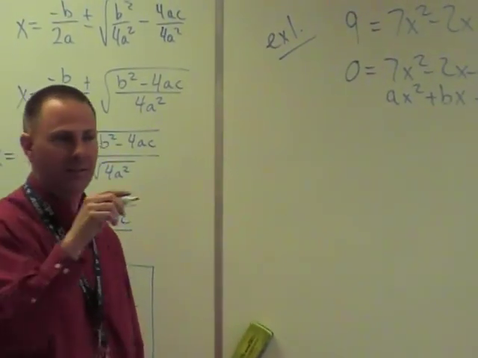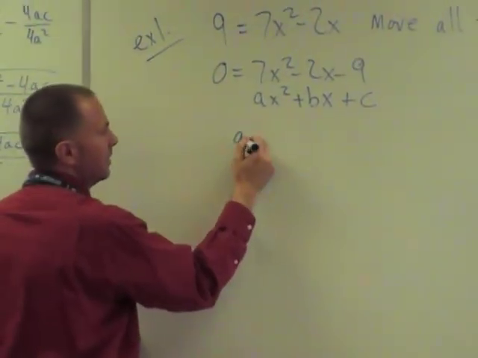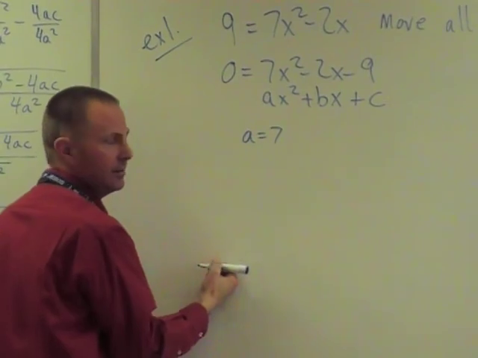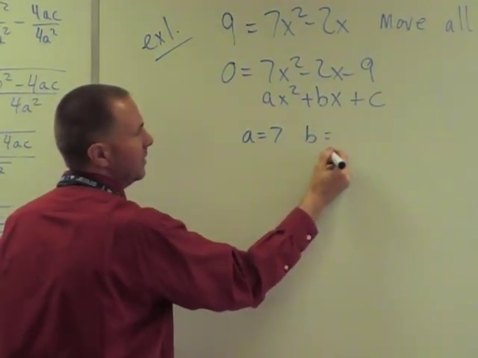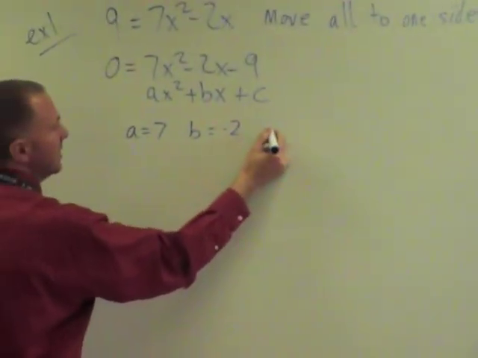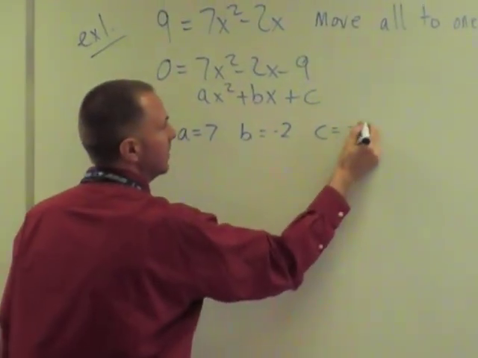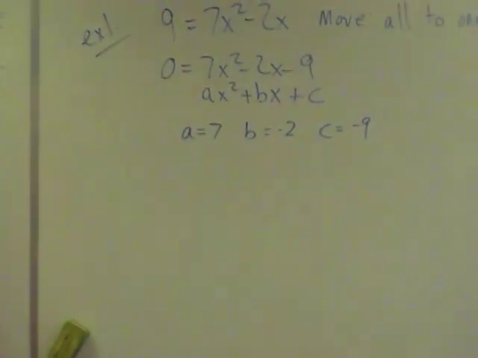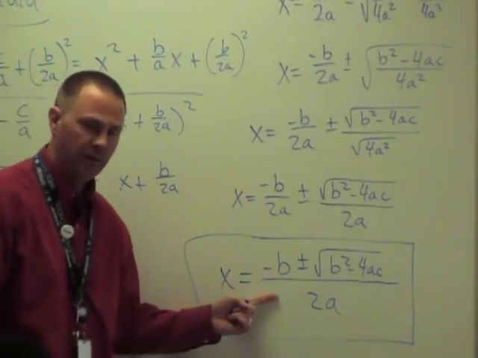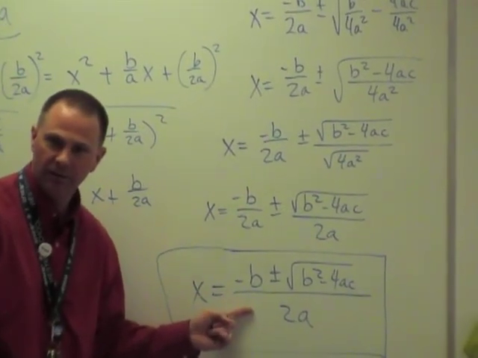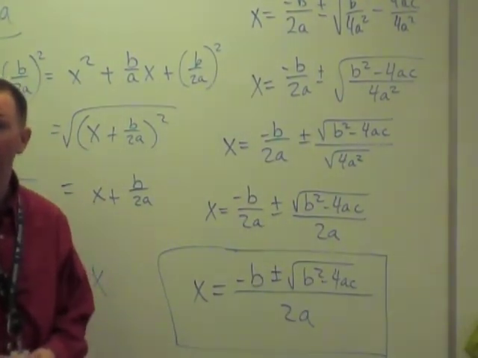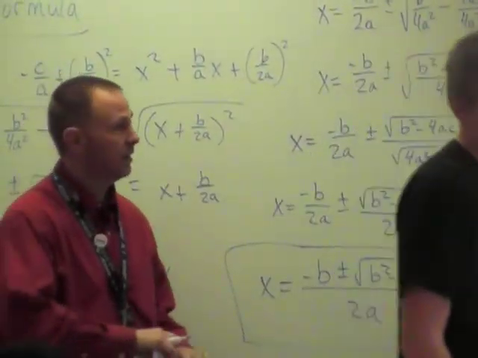Alright, listen. a is 7. What's b? And what's c? That's right. And if you know a, b, and c, you can do this calculation. So, on every problem,